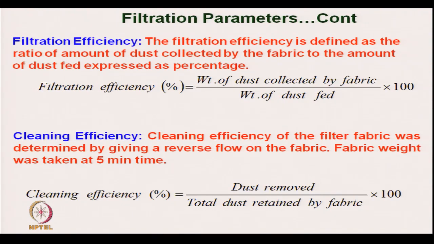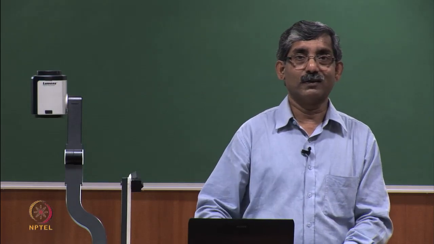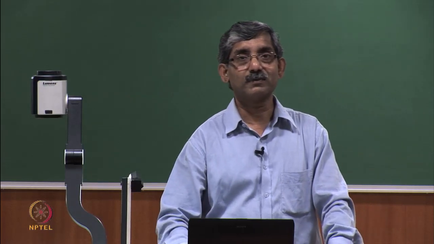The total mass of dust is calculated as the weight of dust collected by the fabric plus the weight of dust collected by the filter paper, assuming the filter paper's efficiency is 100%. So, that ratio gives the